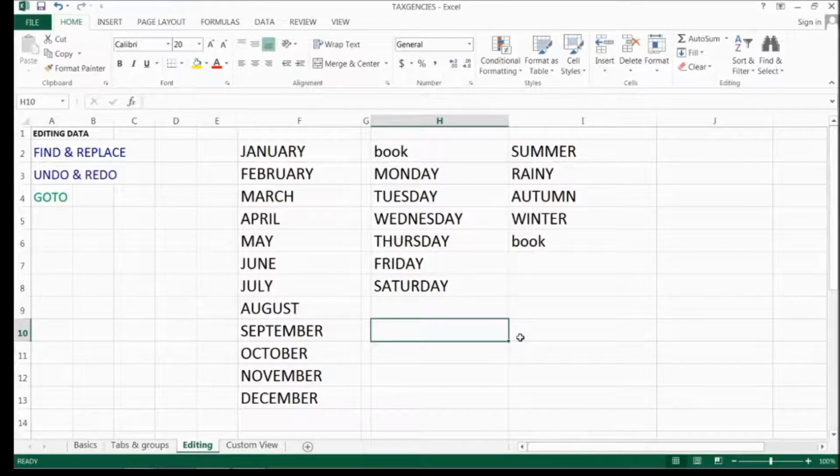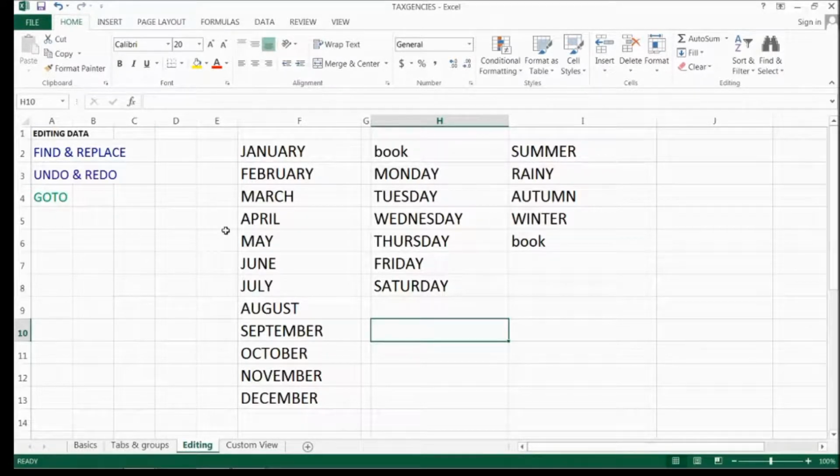Next we see undo and redo. Undo means if you do something and then we want to go to the previous version, then we use undo. This key is undo and this key is redo. We just replaced Sunday with book. If you click this undo, Sunday is back. If you wish to keep the books in place of Sunday, we press redo. Sunday is gone, books has come.